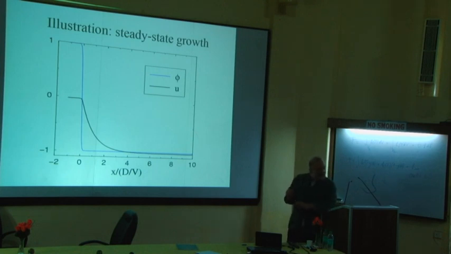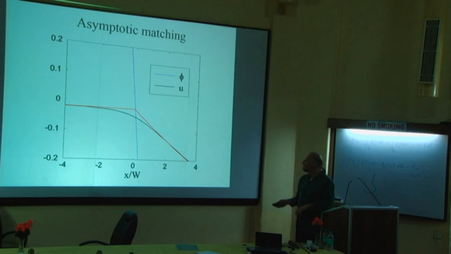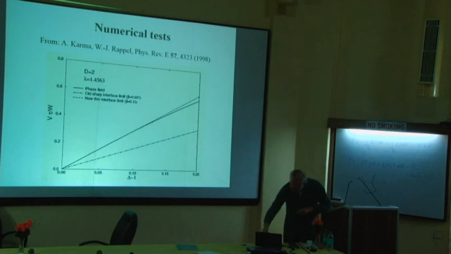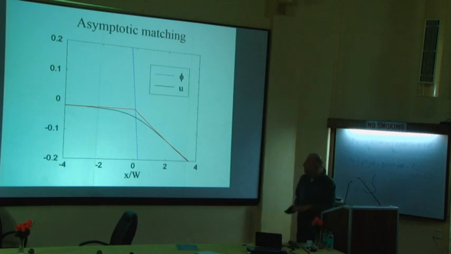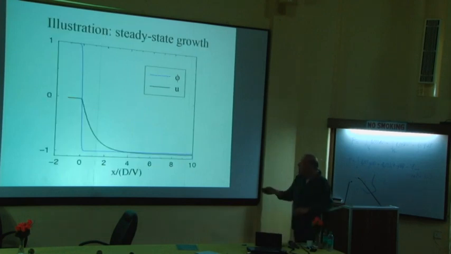Now I plot the same solution on the scale of the interface. Here I only plot part of the range in U. Here U varied between 0 and -1, and I only plot a zoom of this region. Then what you see is this. Here you see the center of the phase field profile, so it goes from +1 here to -1 here. And on the outer scale, it looks like the temperature field has a discontinuity in slope,